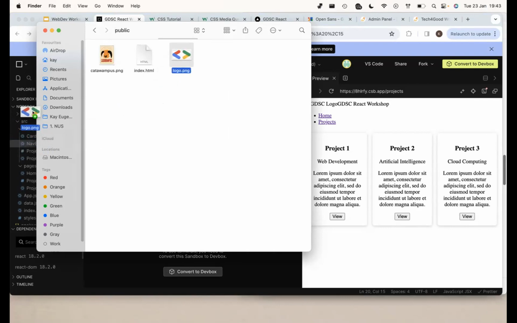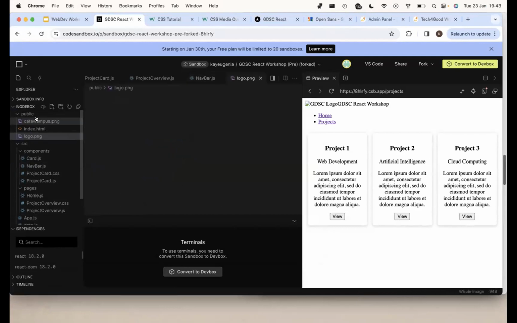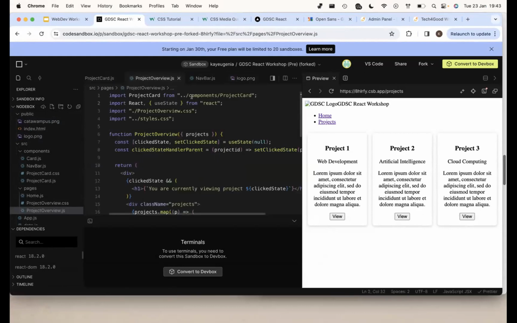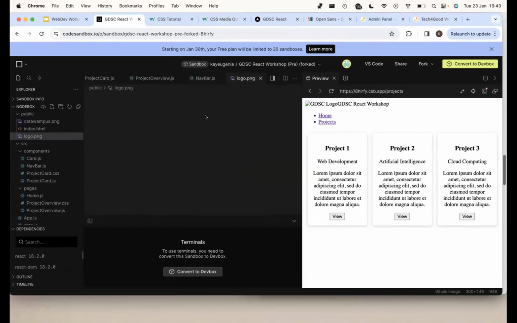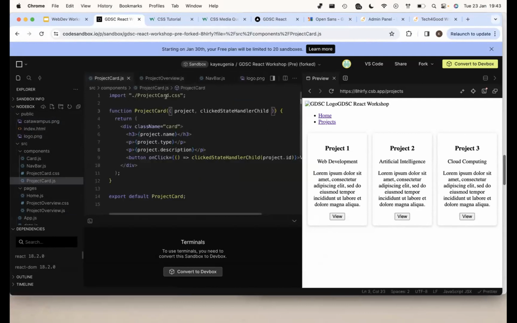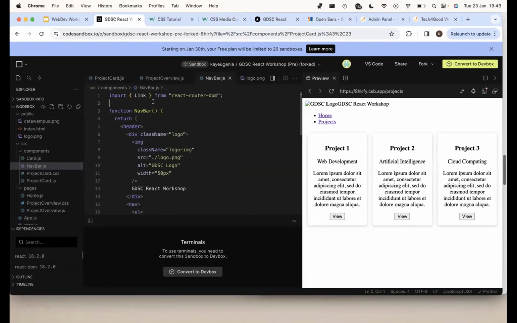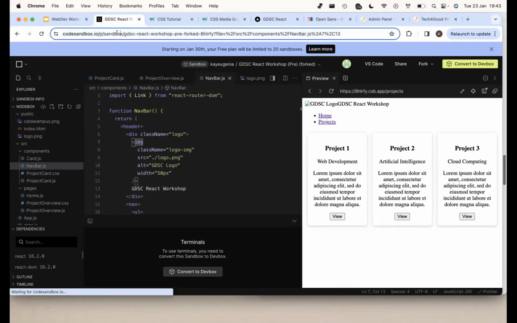So we can import it to public over here. Yeah, so I just imported the logo PNG. So if I re-render the page, okay, then I should also import the logo to the